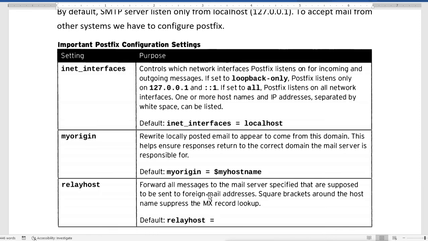This will forward the mails to a specified mail server, for messages supposed to be sent to foreign mail addresses. And we can add multiple. We can use the square brackets around the host names to suppress the MX record lookup also. That means it will not look up the MX record under the DNS.